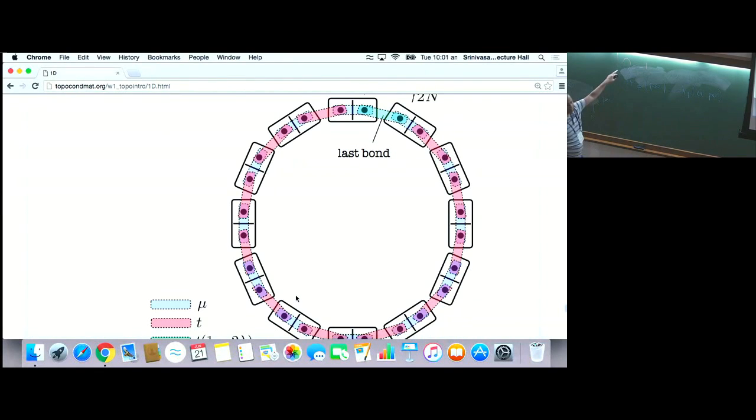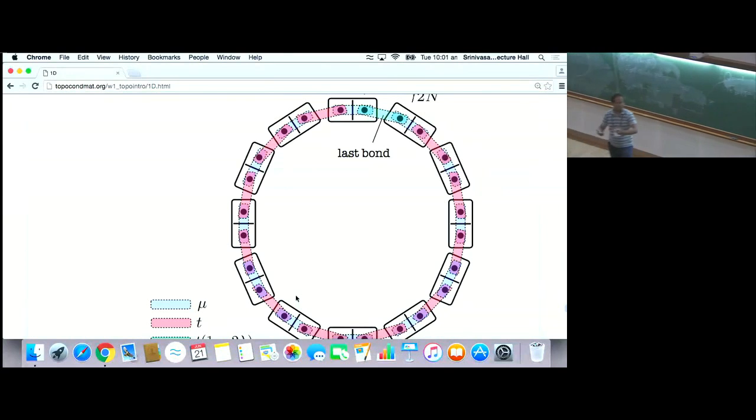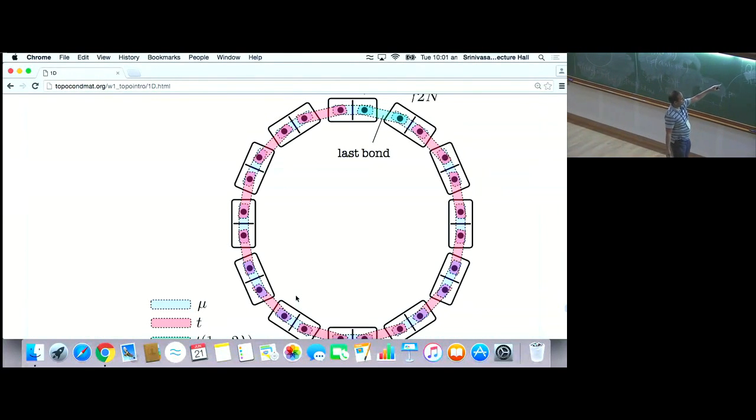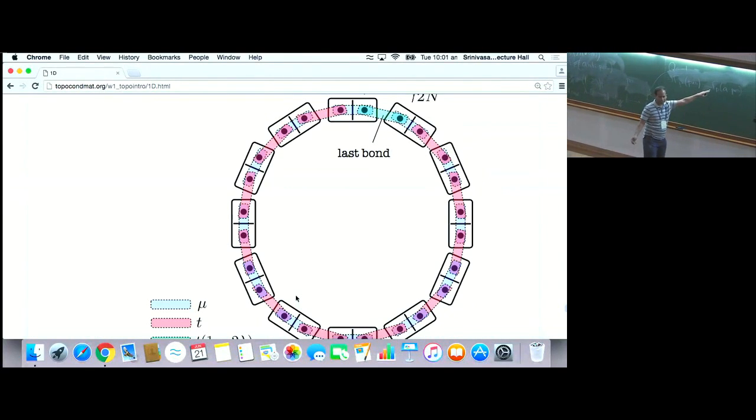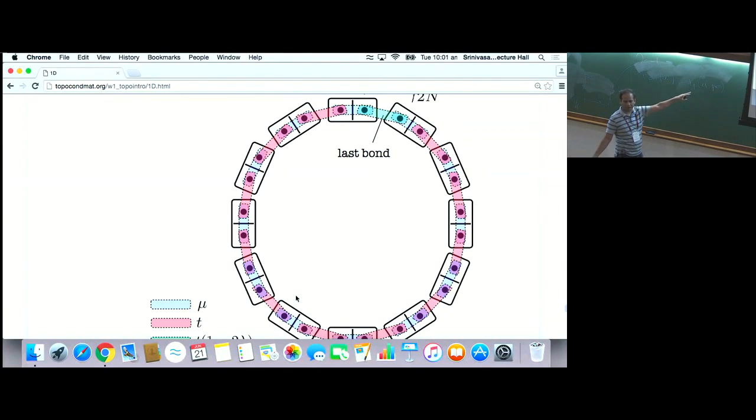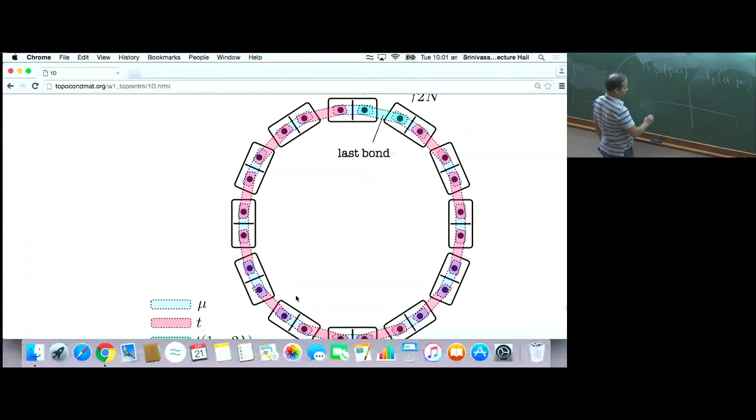Because Q, if you remember, was just the product of the signs of the two Pfaffians, which means it was the product of the two fermion parities. And if this is equal to -1, it means that periodic and antiperiodic boundary conditions have opposite fermion parity, which means that as I change lambda from 0 to 1, or T effective from hopping +1 to -1,